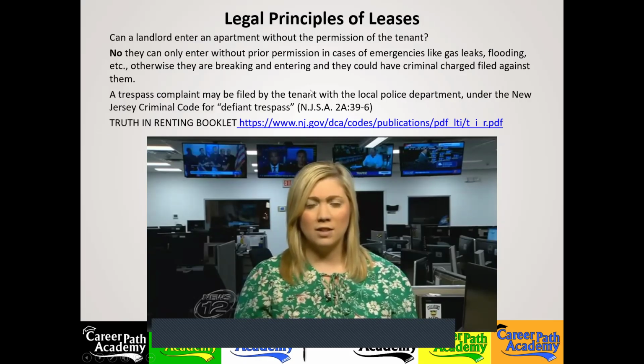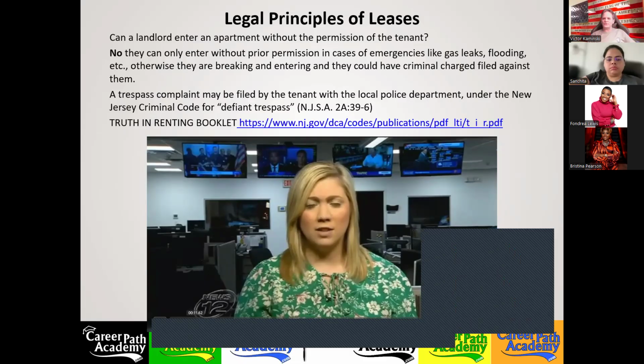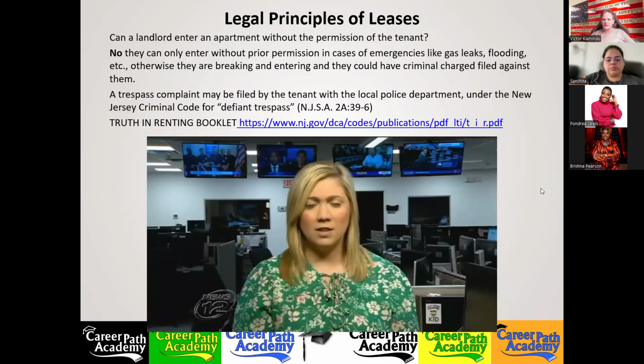Yeah, shocker. They got away with it. Yeah, but if he knew the rights, if he read his Truth in Renting booklet, being in a building like the one that he was in, he should have been issued one of those Truth in Renting booklets. Buildings with 3 or more rental units are the ones that are required to be given those. He would have known his rights by reading that booklet. It's available both in English and Spanish, by the way.